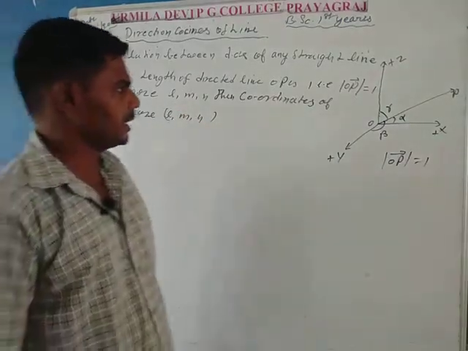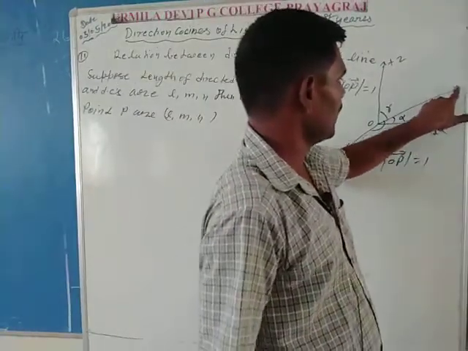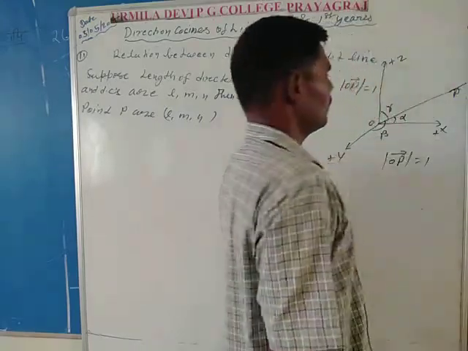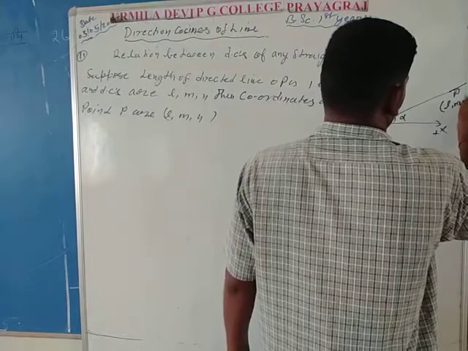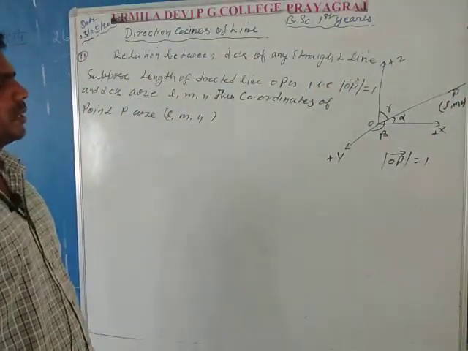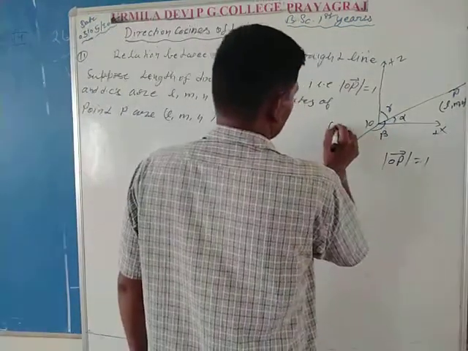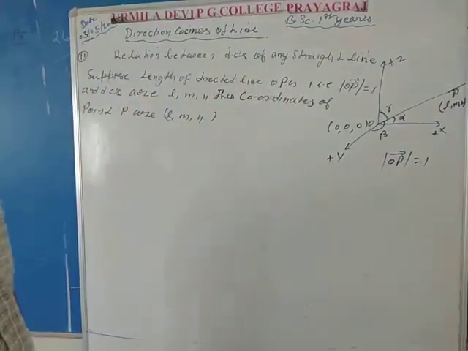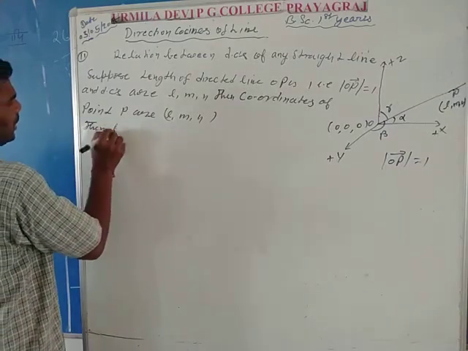So in the figure it is clear that OP is a straight line, and on this straight line P is a point whose coordinates are small l, m, n, and the length of OP is equal to 1. Also the coordinates of point O are 0, 0, 0 because O is the origin. Then by the distance formula,